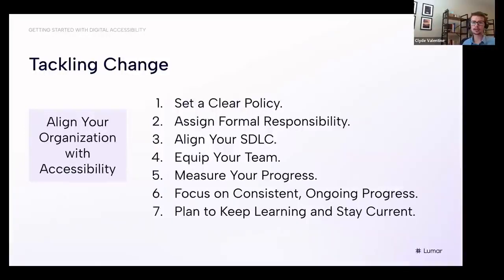But even without that, I've seen a lot of success placing that responsibility with design, engineering, marketing, diversity leaders, what have you. The most important and impactful thing here is ensuring that you're placing that responsibility with the person who has the greatest impact and responsibility for the content and the products that ultimately reach your users. So core idea, make sure that one person is ultimately accountable for accessibility.